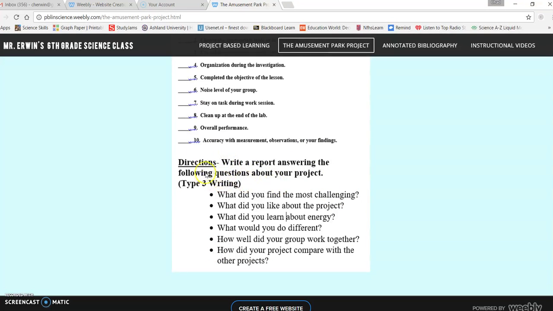Down here I have the directions for the report, with some questions to steer them in the right direction. I also had them do a graphic organizer, and I let them choose the graphic organizer they would like to use for that. The graphic organizers turned out really good. But some of the questions I did ask